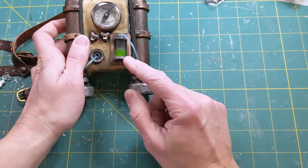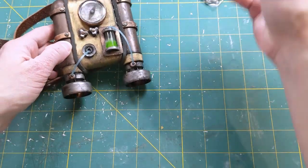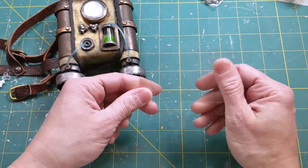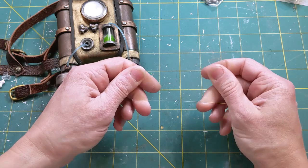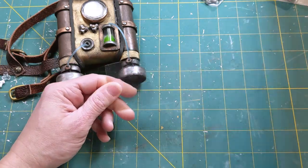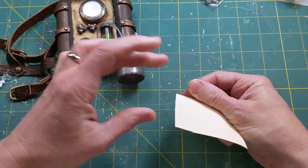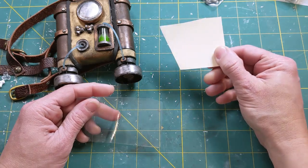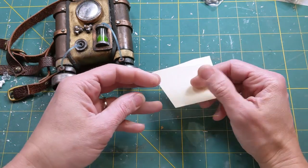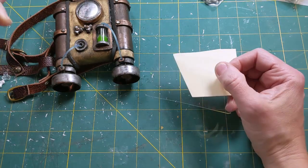In order to make this little part right here, I just used some plastic that I got from a food tray. I think it was for broccoli or maybe butternut squash noodles. You just need a piece that's at least about 2 inches long and 1 inch high, and a little piece of cardstock, which we will either paint or use some of the metallic tape on to make a nice backing